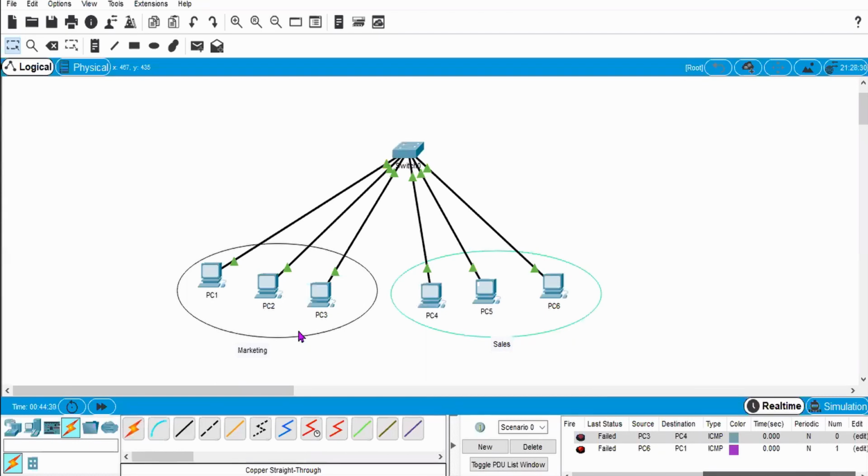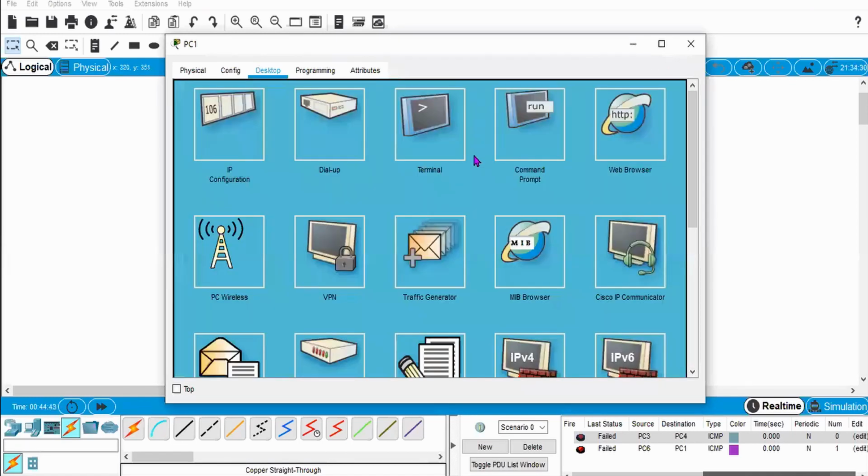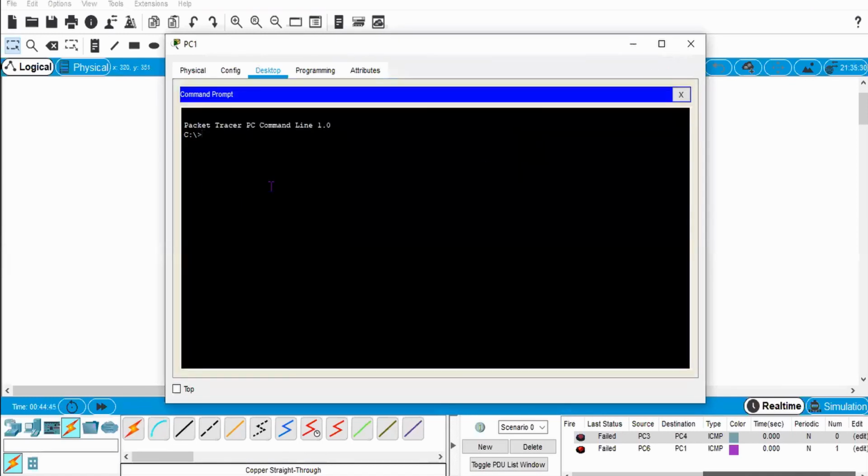And the disadvantage of not creating a VLAN is, whenever they broadcast anything, suppose PC1 is broadcasting something, suppose I'm doing ping 192.168.10.